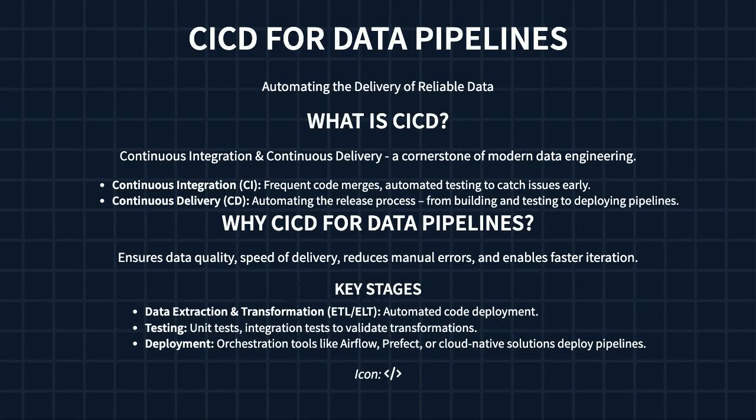Okay, let's talk about CI/CD, continuous integration and continuous delivery, and how it applies to our data pipelines. Think of it as a way to automatically build, test, and release our data transformations. CI focuses on getting code changes merged frequently and running automated tests to catch problems early on. Then CD takes that tested code and automates the entire deployment process, from building the code all the way through